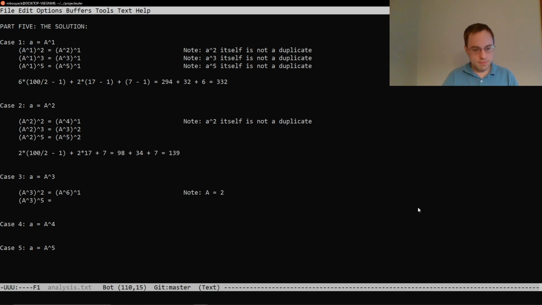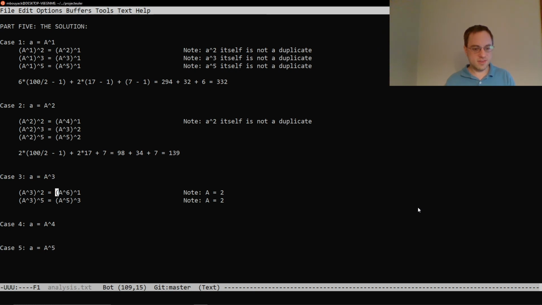Okay, and then this one can be written as a to the 5th cubed. And again, that's going to be only for a equals 2. And it may seem like that's all the duplicates for lowercase a equals capital A cubed, but we've actually overlooked one of the possibilities, and that's because